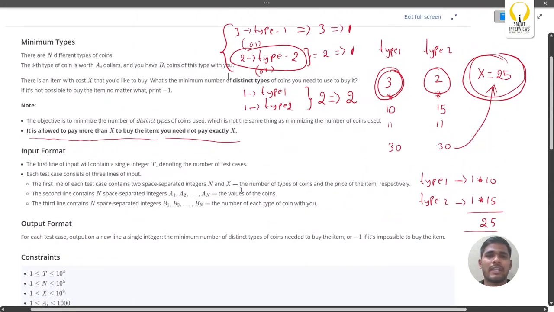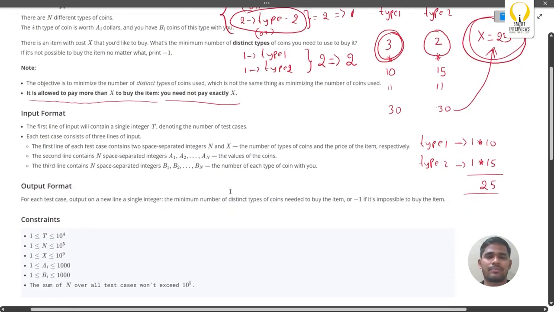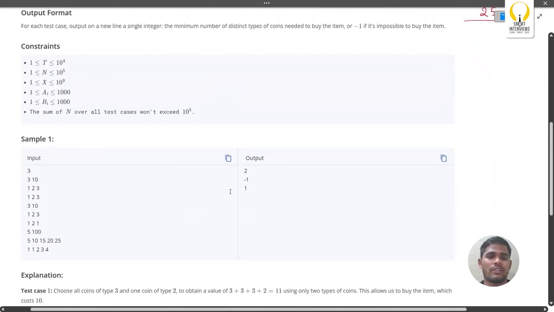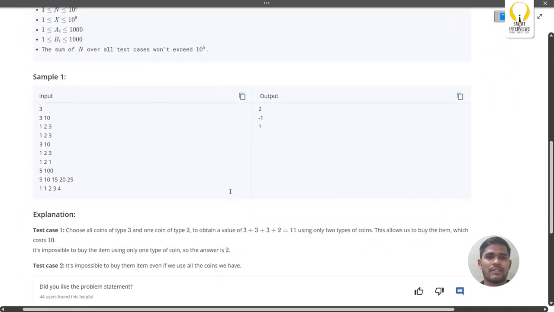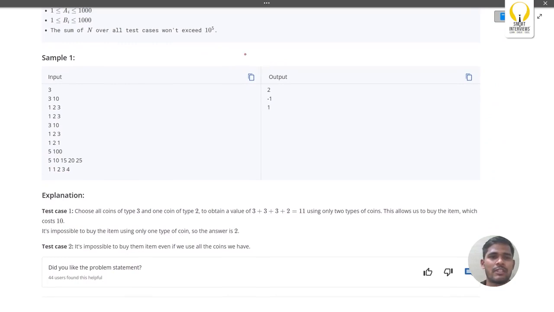Pause the video and think for all the possible solutions. How can you solve it? Okay, let's see. If you see the sample test cases, in the first test case,